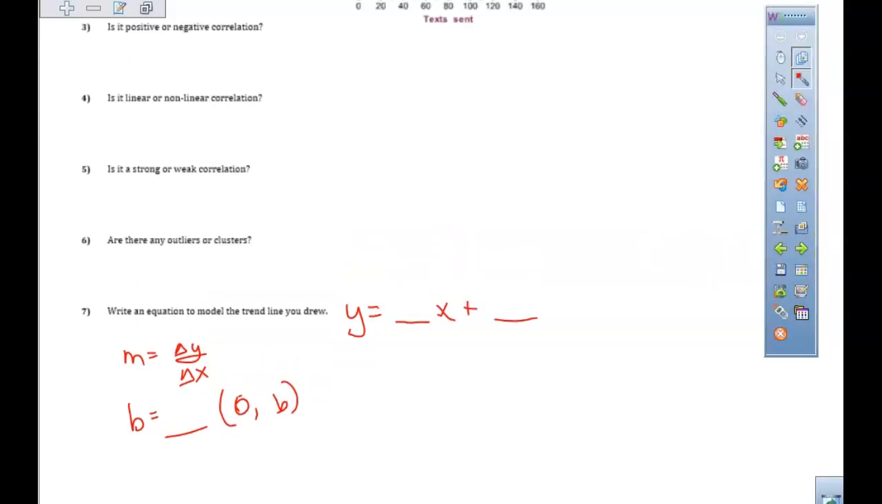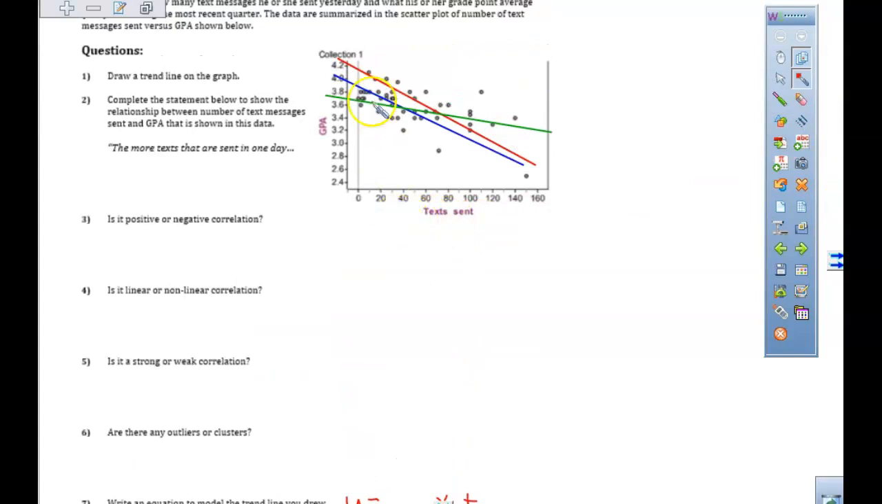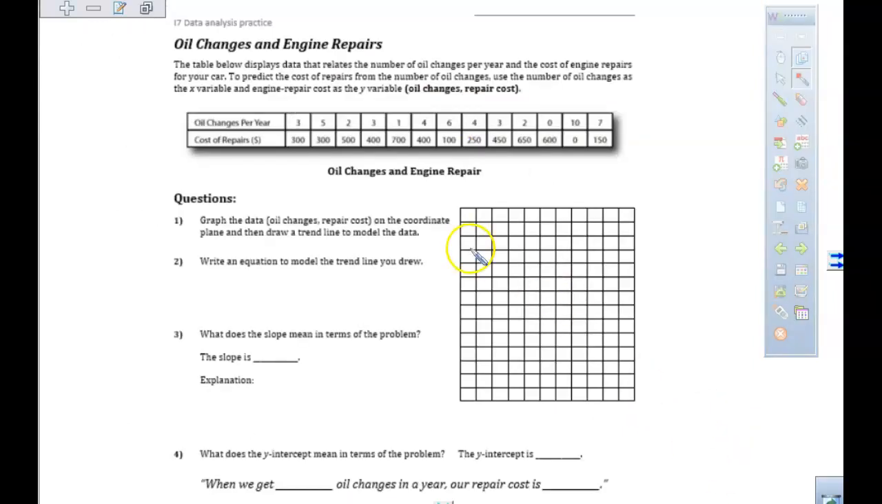So when you look at your graph, a lot of times here they're telling you the 0. So it just depends on which line you're using. You'll use your line and your equations will all be just a little different. As you go to that next problem, the next problem says you have oil changes, and when you graph these, it is always x and y. Make sure you put